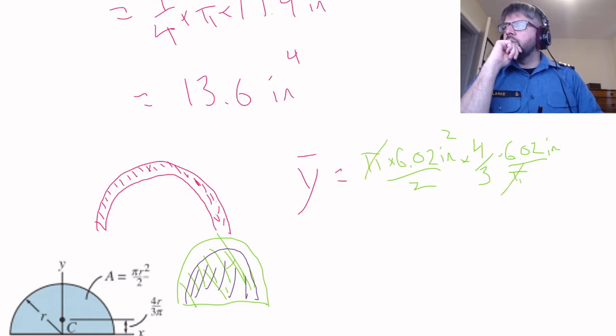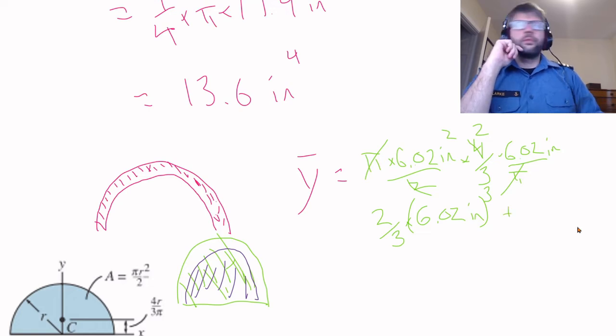So this pi cancels out. This 2 cancels out. So it's 2/3 times 6.02 inches cubed,